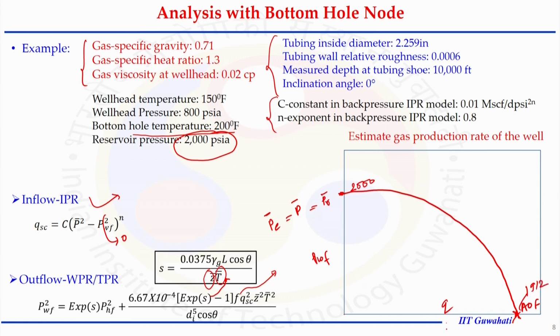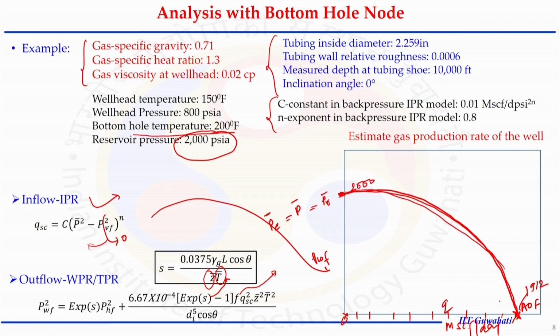1912, the unit is MSCF per day. So, we know when no flow is happening, when absolute open flow condition is there, and the PWF is represented by this. So, how to calculate this curve when we are having this relationship? What we can do in the IPR curve, we can divide this flow rate from 0 to AOF in 10 equal parts and calculate PWF from this equation and construct the curve.